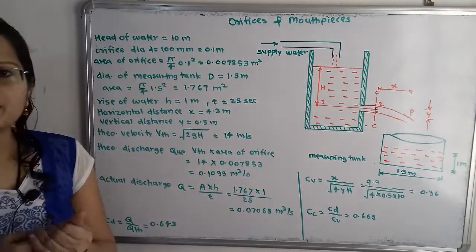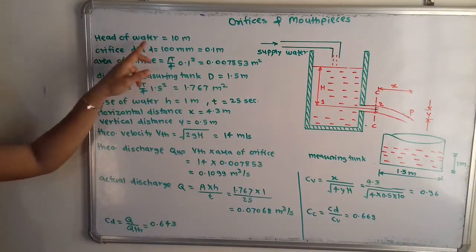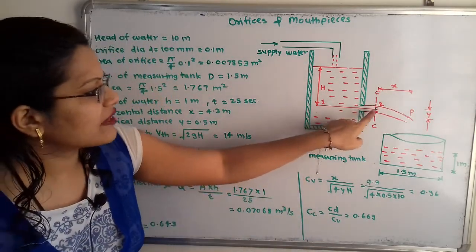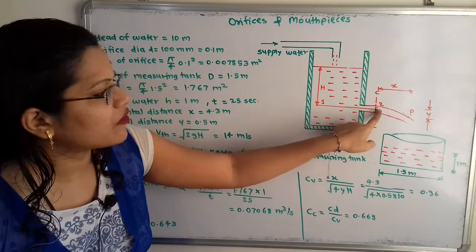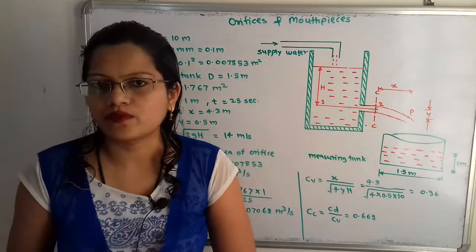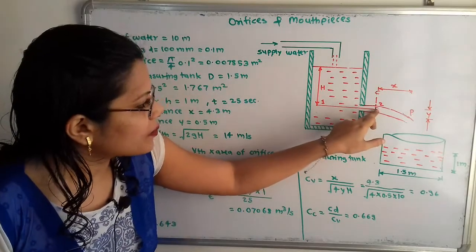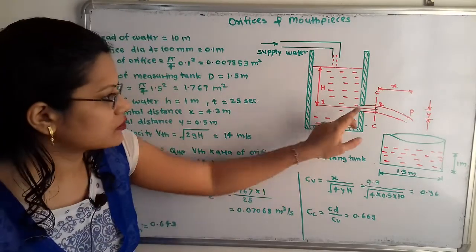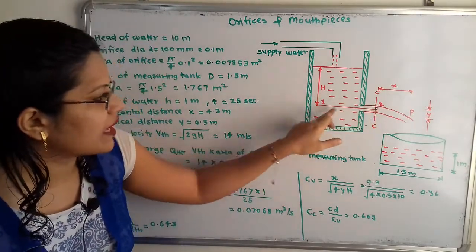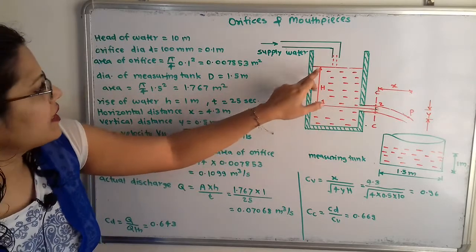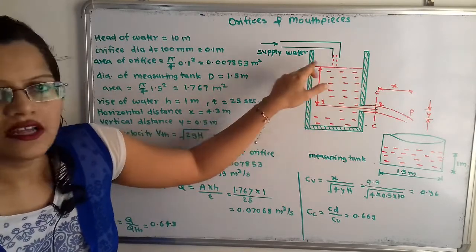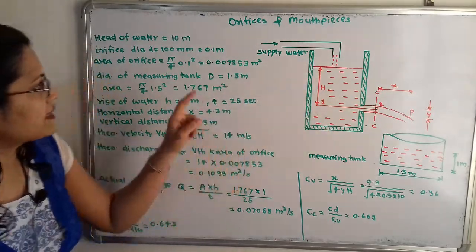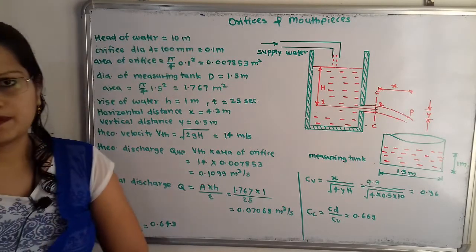Now we will move to the calculations. Here the head of water is given, that is 10 meters. How to select the head of water? First select one particular point at the vena contracta, which I have selected as point 2. With the same level as point 2, we select the other point, point 1, inside the tank. I have drawn this horizontal line. From point 1, the vertical line up to the water level in the tank is the height h, and this h is equal to 10 meters.